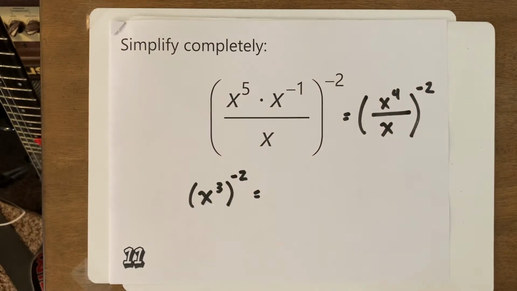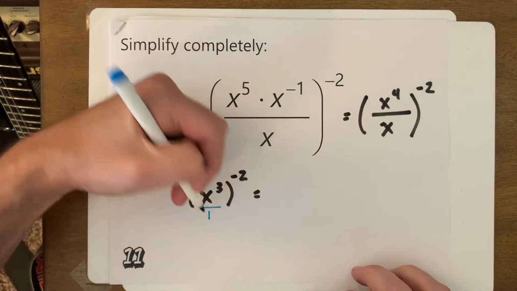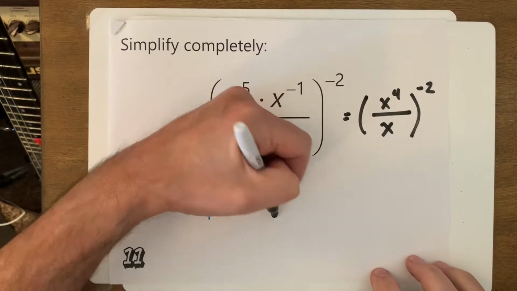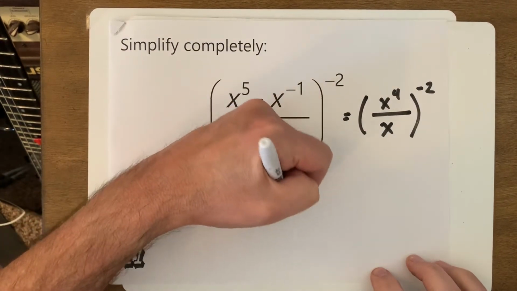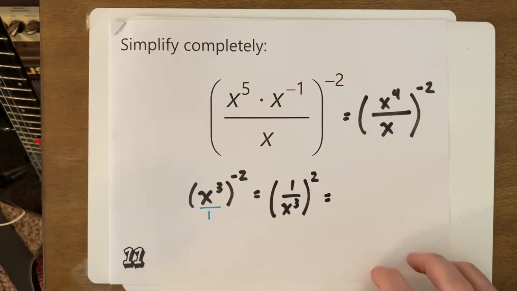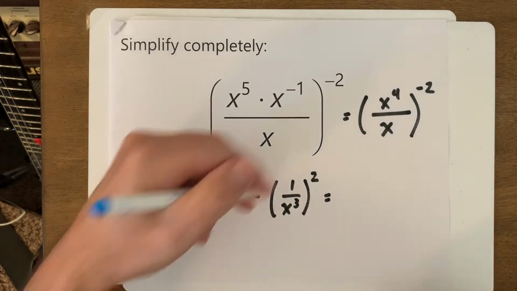Okay, now let's do our flip. That negative is going to flip this, and when it does, we really need to understand that that's over 1. So what happens is when you flip it, you get 1 over x cubed to the positive 2. And that's our negative exponent rule. Now the 2 is going to distribute